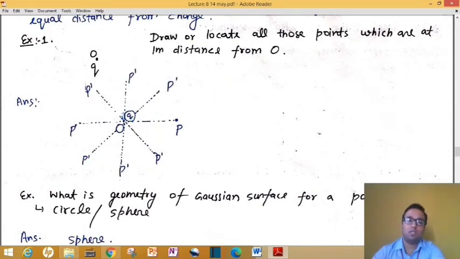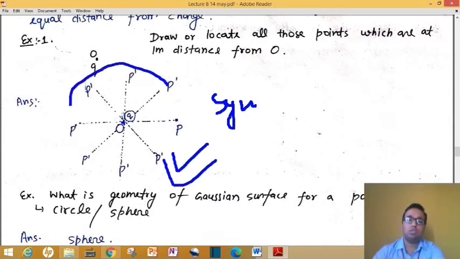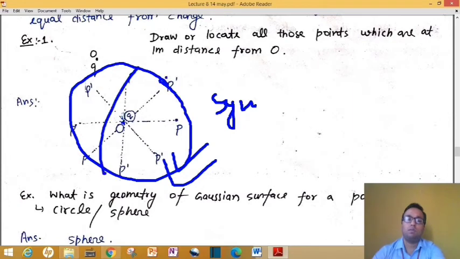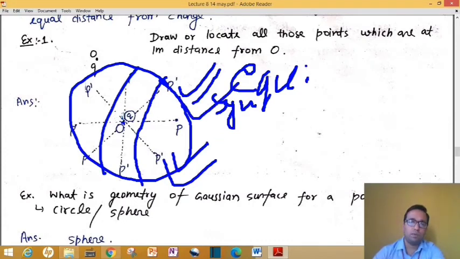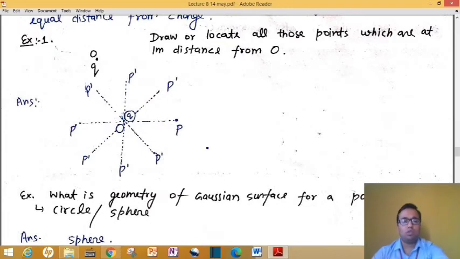So if someone asks you what is a symmetric Gaussian surface, any surface may be called a Gaussian surface, but a symmetric Gaussian surface is the one at which point P is at equal distance. So if anyone asks you what is the Gaussian surface for a point charge, you will say its Gaussian surface is a sphere. The same thing you will learn in the next chapter, where the same geometry will be used by the name of equipotential. The concept is not the same, but the geometry is the same. For a point charge, equipotential surfaces are spheres basically. So here also you can learn it.